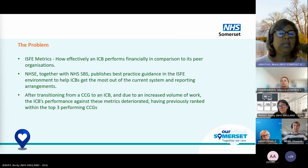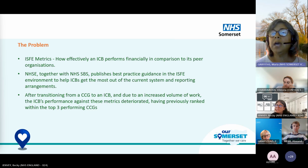So NHS England, together with SBS, publishes best practice guidance in the ISFE environment. I'm sure everybody has already seen the various procedures on the SBS website. We normally tend to use all those procedures. We follow them, and we have our own procedures as well. We have our own standing financial instructions, and we adapt our procedures to what we have in the financial instructions